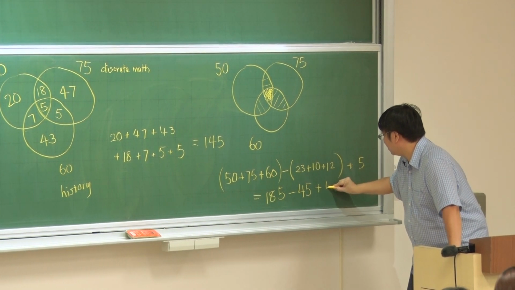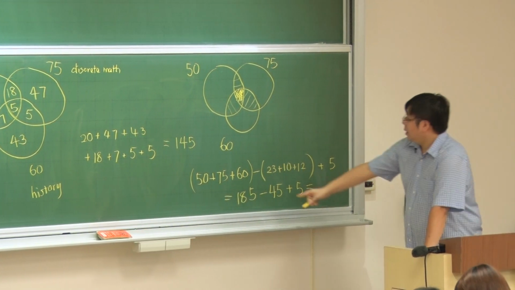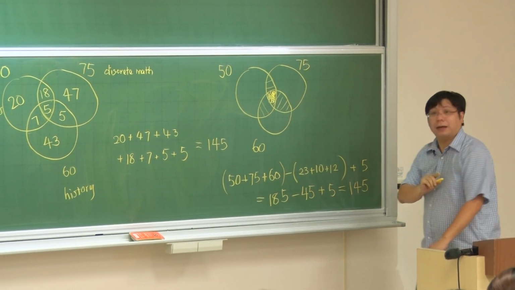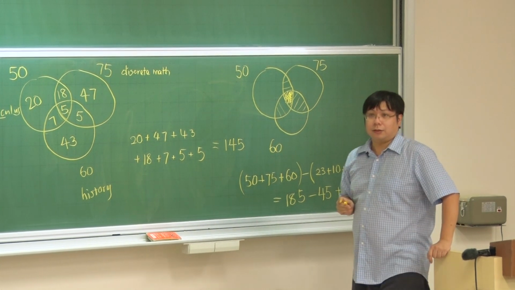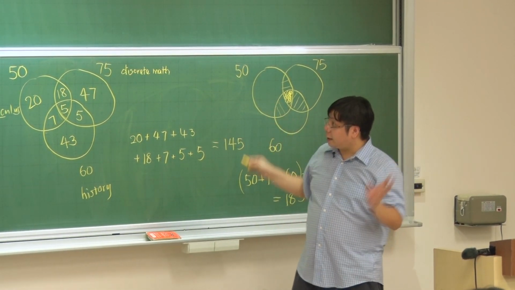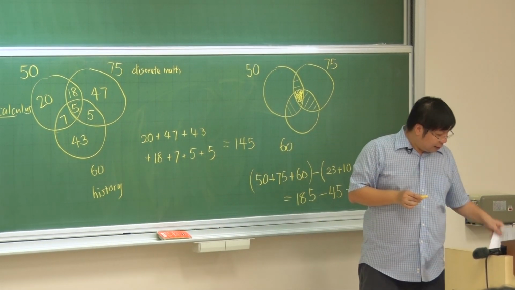And then plus 5. And then after doing this, these two you get 140, 145, and you get the same answer. Is that okay? And this is the so-called principle of inclusion and exclusion. So you can do this again and again. Okay, and then let's do